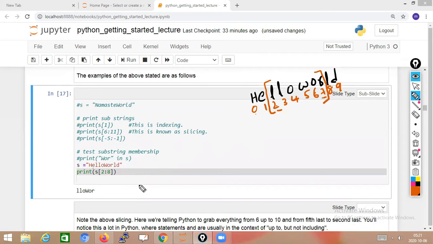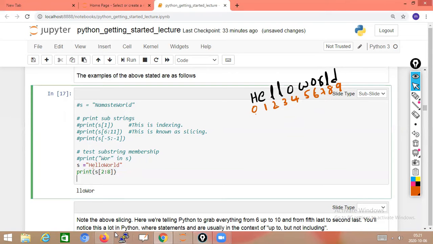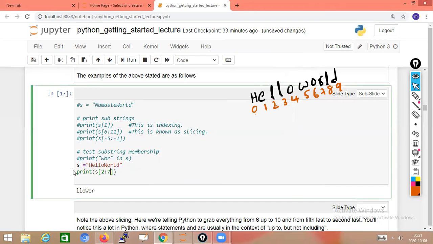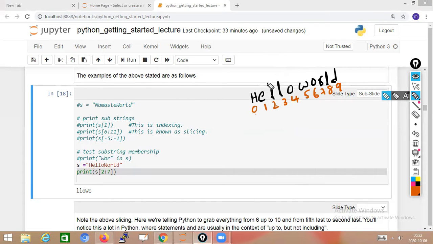Now, one more example. Suppose you write s[2:7]. Now we will see what is happening. Select this line, control enter. What did you get? You got LLOW.